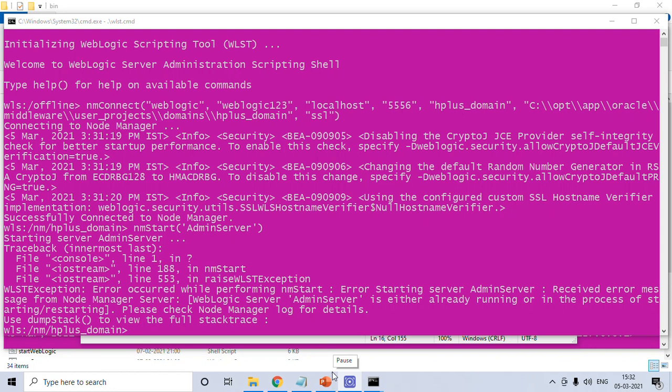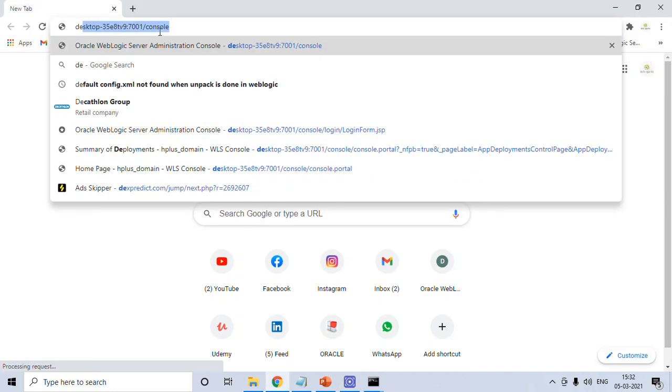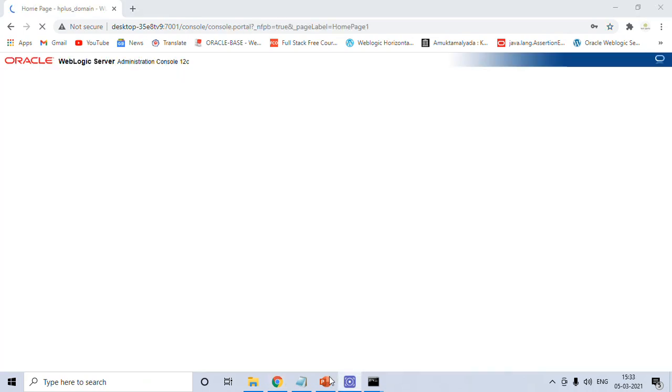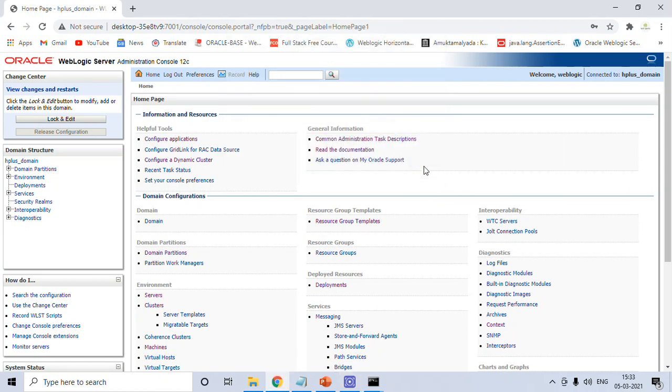I will show you in here. Use URL of WebLogic. So it is successfully running state. Sorry. And enter. See, successfully start. I'm not using any